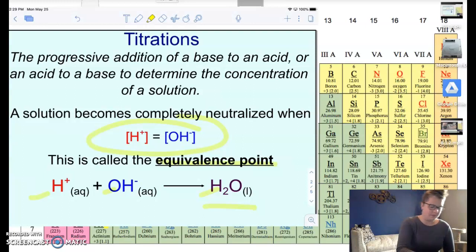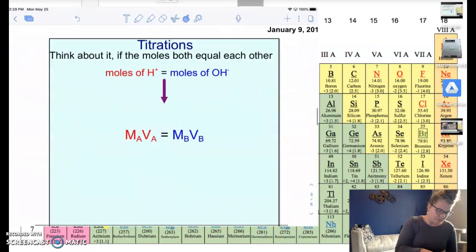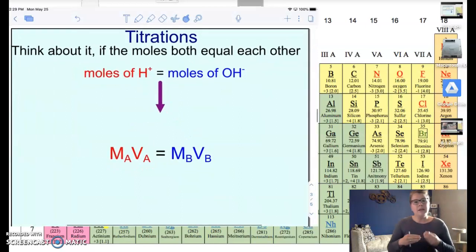equivalence point. So basically, if you want to think about it, you need to have the moles of both the hydrogen and the hydroxide equal to one another. So if you've got equal moles of H and equal moles of OH, you're ready to